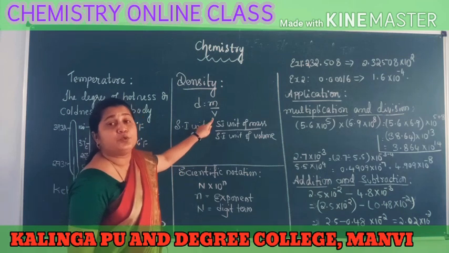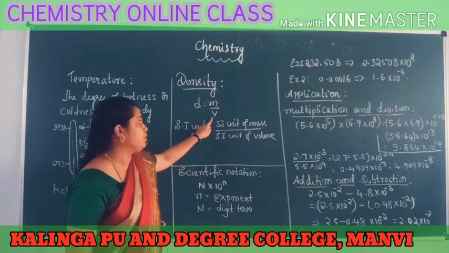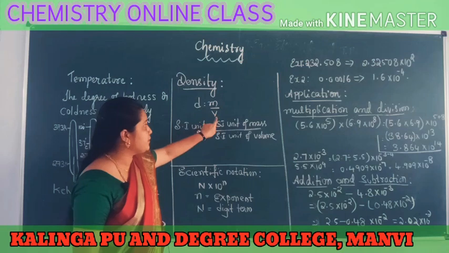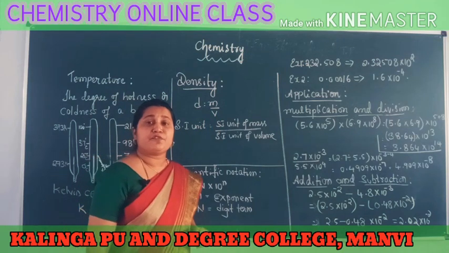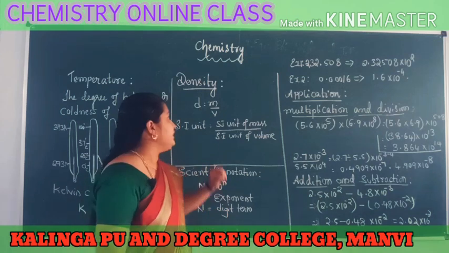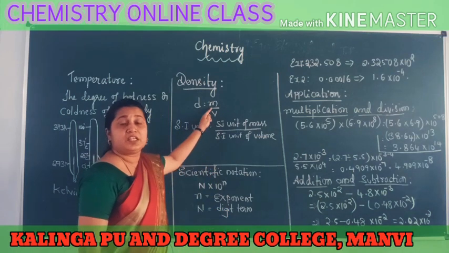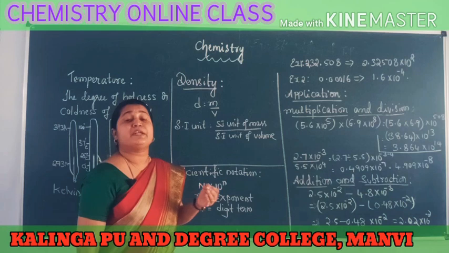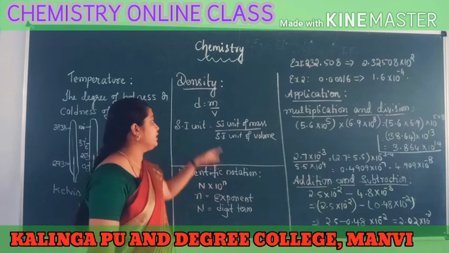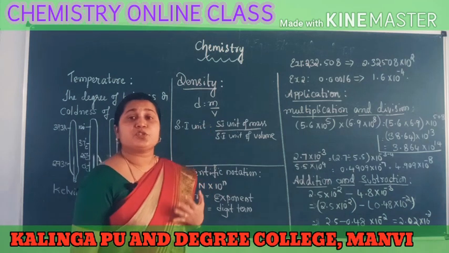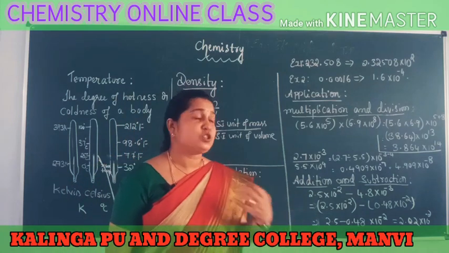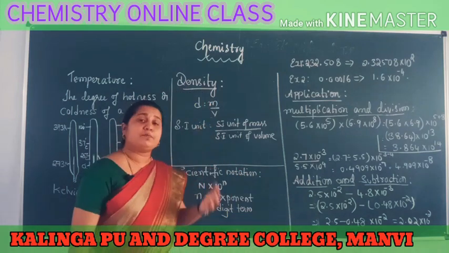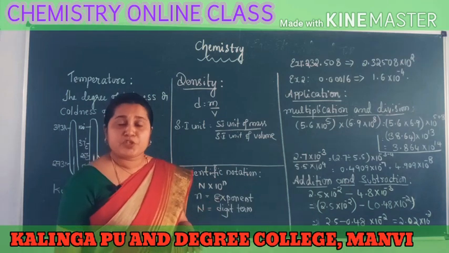In the last video, we saw how you can measure mass with the help of an analytical balance or weighing balance, and volume is also measured with the help of a formula according to mathematics, that is length into breadth into height. Otherwise, the volume of liquids can be measured with the help of measuring jars like a burette, pipette, and also measuring liters, as I told in the last classes. So if you divide the mass of the substance by the volume of the substance, then you get what?